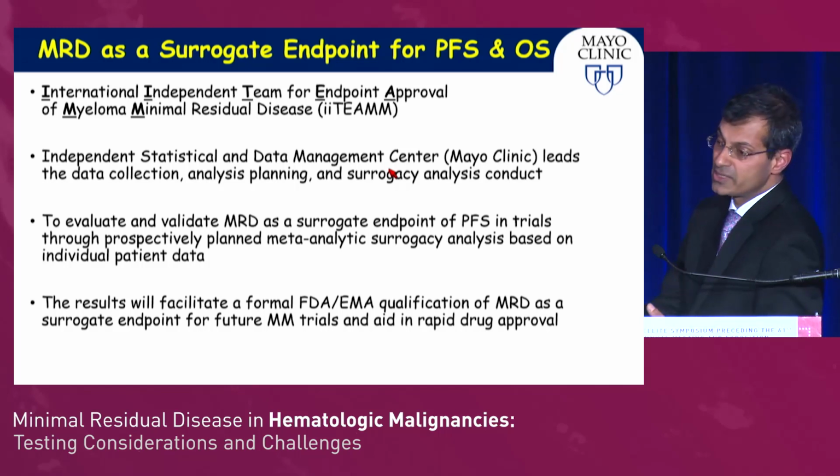This collaboration is among industry statisticians, academic statisticians, as well as the regulatory agencies that are going to prospectively perform a meta-analytic surrogacy analysis based on individual patient data. And the results would help, actually, the FDA and EMA to qualify MRD as a surrogate endpoint for future trials